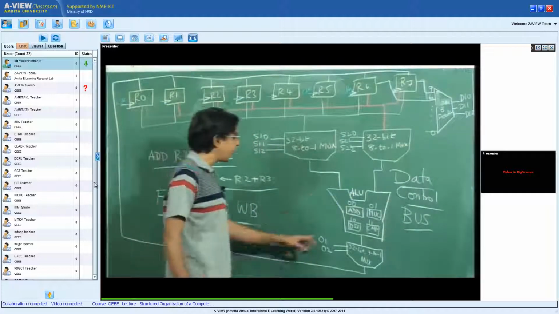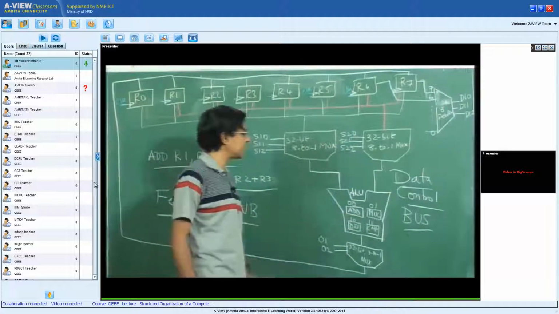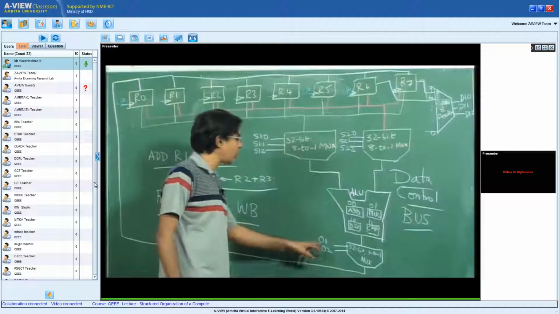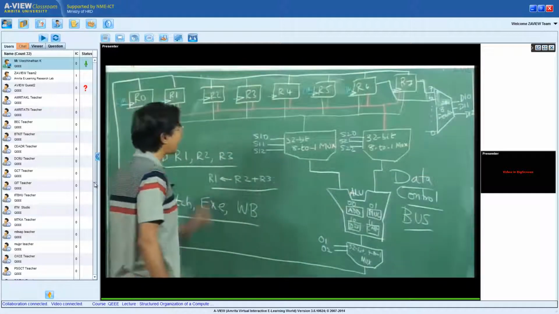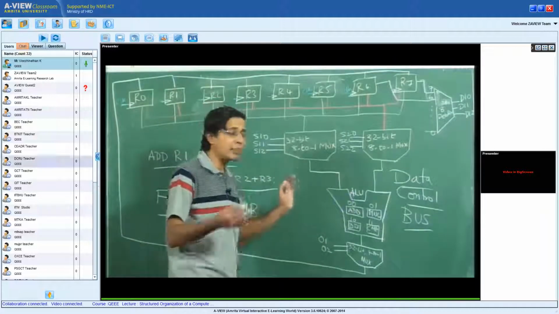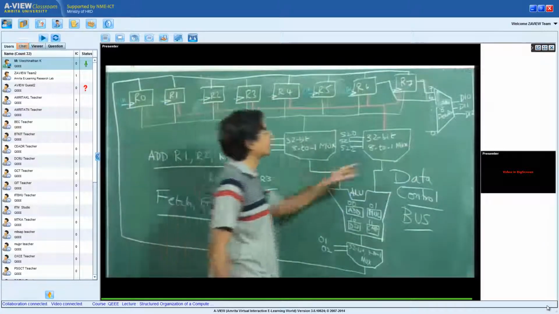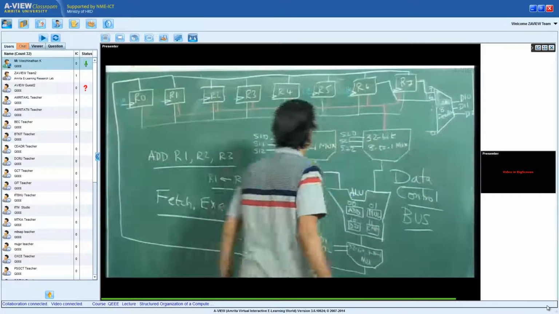I have operations that I want to do on the ALU. There are 4 operations, so I have to select one among them. So O1 and O2 will select which operation I want, and again I have 8 possible destinations from which I need to select one, and so I use that as D10, D11 and D12.